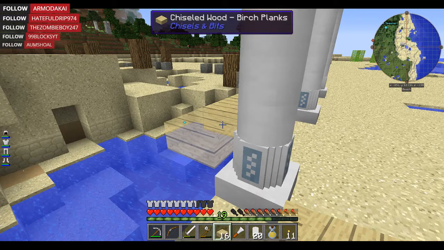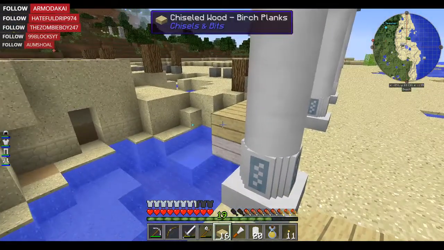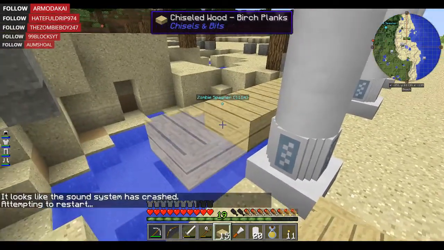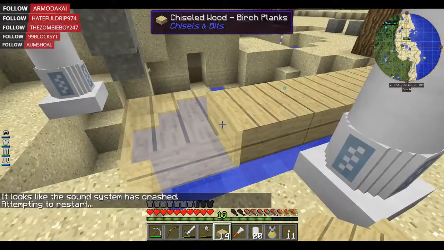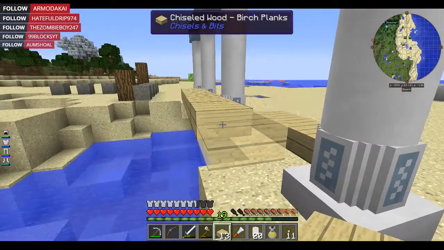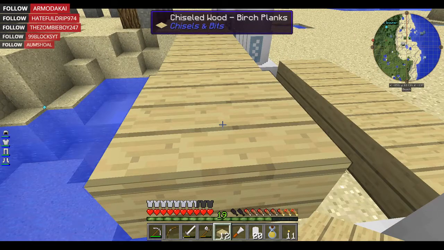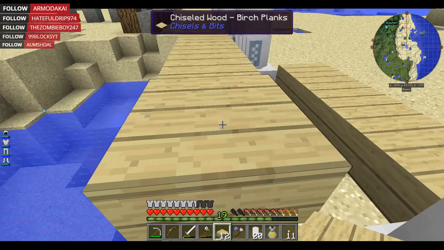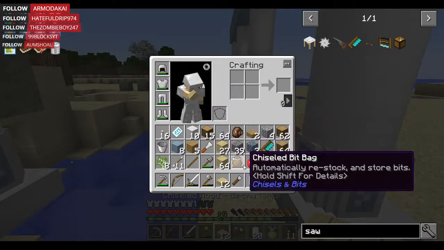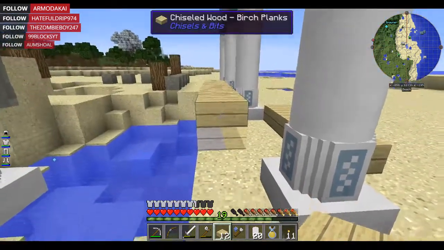My game just froze for a second. It's doing its lovely little Java garbage collection. And then that. Okay. Oh, no. And there's no way to undo that. Undo! Undo! Can I do that? Oh, it undid that. I bet that put it all in here. It did. I guess that is a way to,